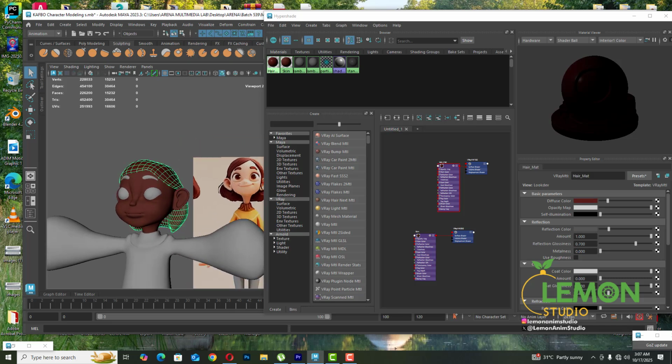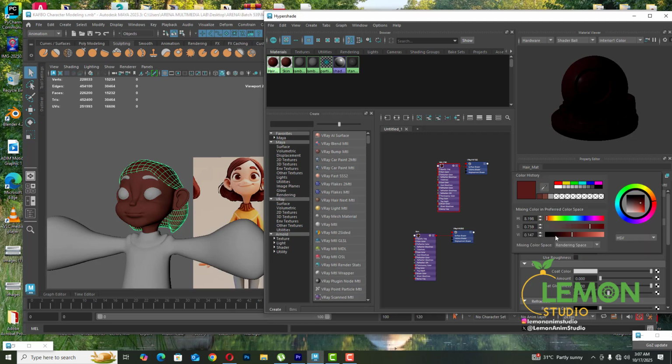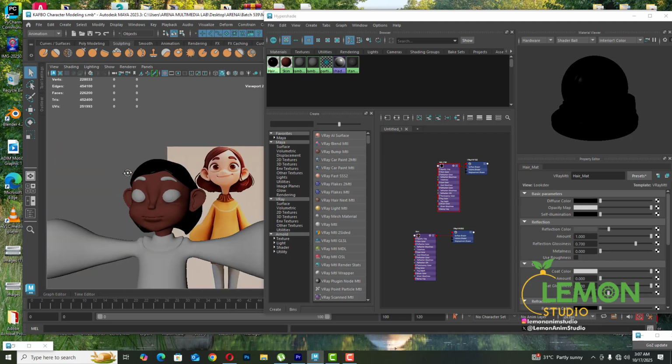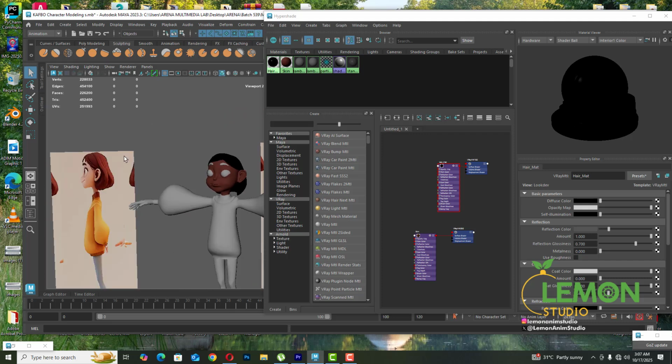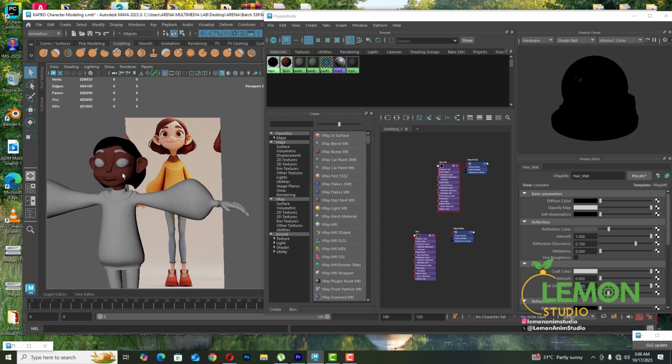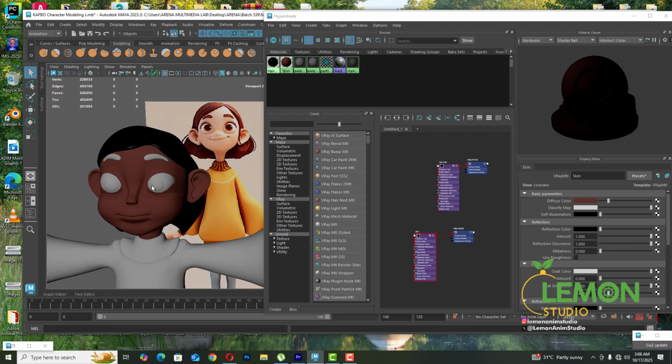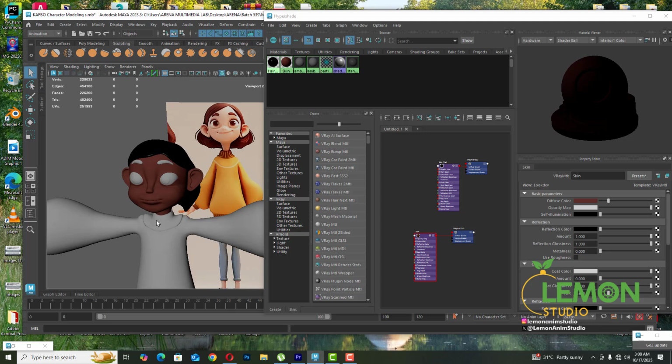And for the hair, I think I should make the hair black. So I'm just going to select that, and I'm going to throw black on that. I just hope you're following. So now that we have this, I'm going to leave it the way it is right now. We might get back to it later. So I'll select this,